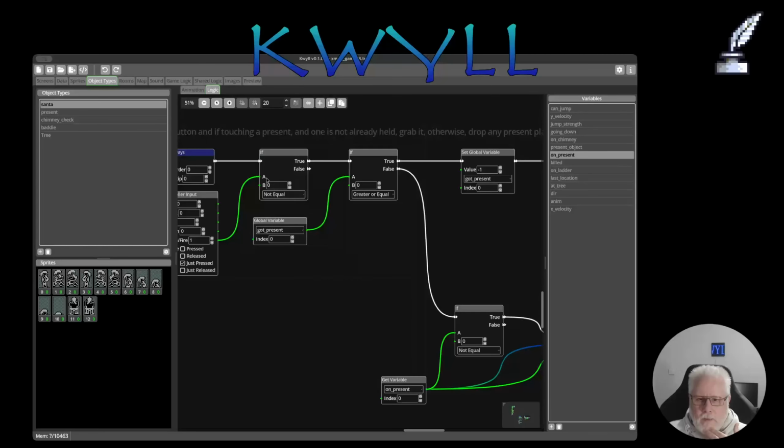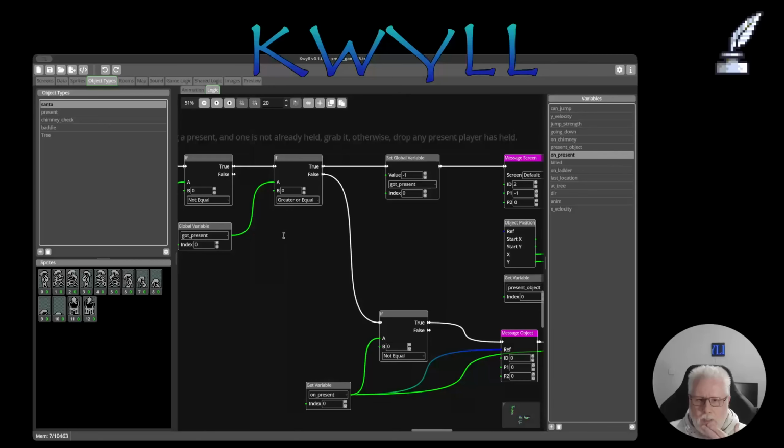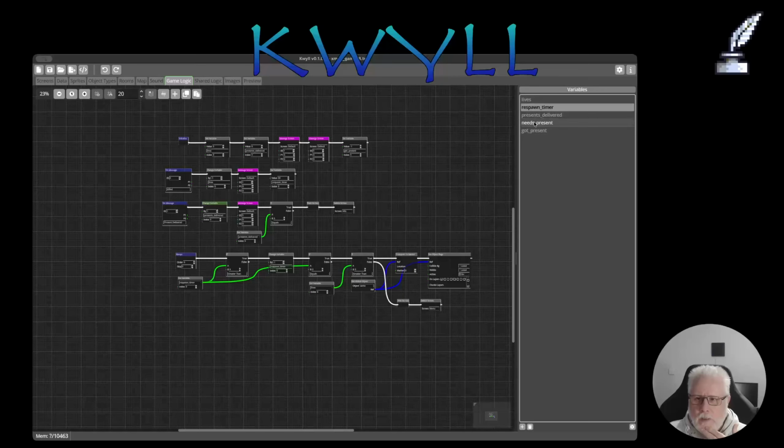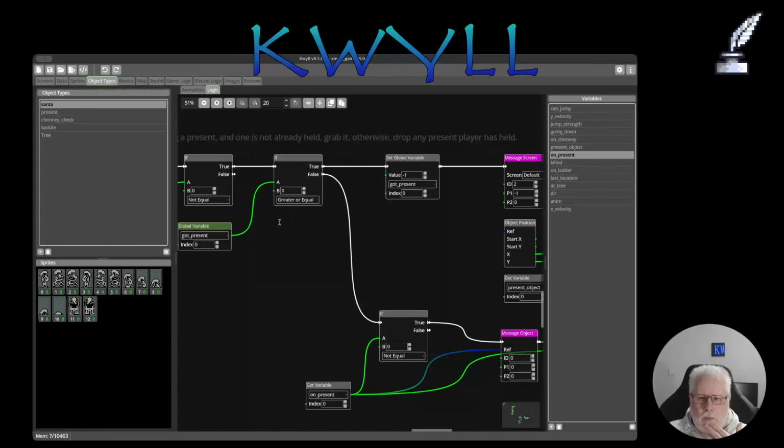And if it has, so if we go through here, if the fire button is pressed, first of all it checks to see if we've got a present. And this is a global variable, as I mentioned. If we go to the game logic, you can see needs present and got present are variables up here. So if we have got a present, i.e. it's greater than 0,